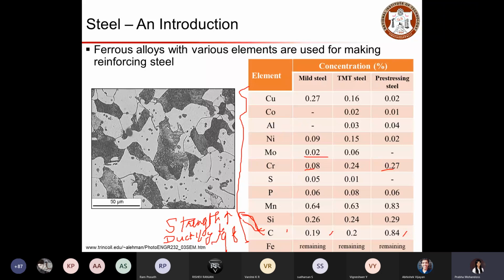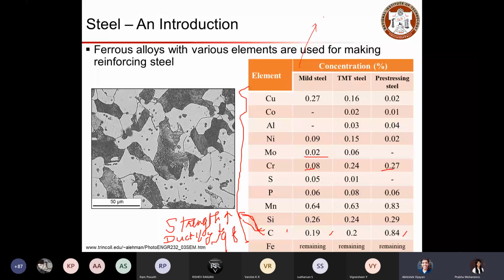So here, what is the strength of mild steel? Any number, for mild steel, what would be the strength? Ultimate strength. Ma'am, 440 Newton per millimeter square.